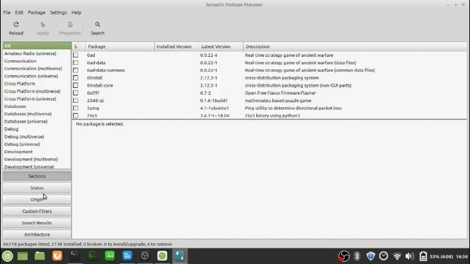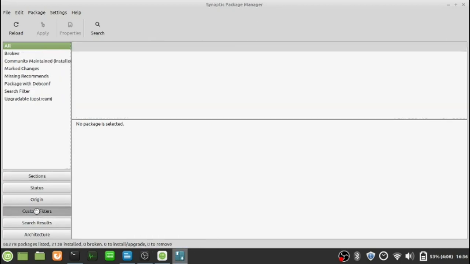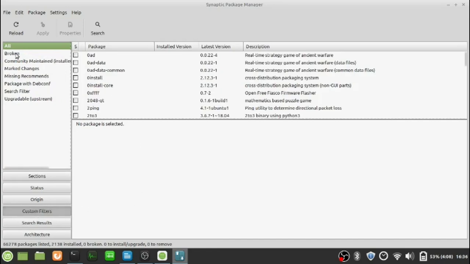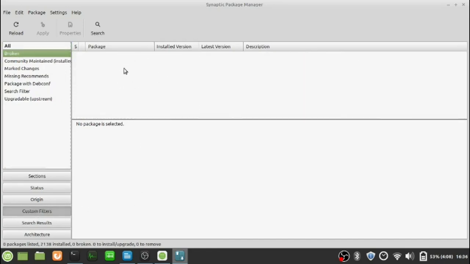So to check for broken dependencies, you have to open the Synaptic Package Manager, click on Custom Filter and Broken. If your system has any broken dependencies, they will appear in this terminal. So all that you have to do is